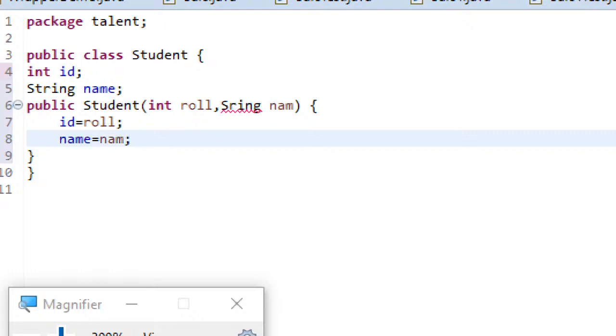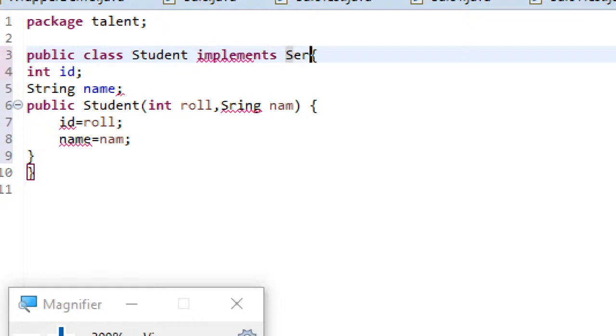And as I said, to implement serialization, what is the interface you need to implement? Serializable. So for that reason I'm implementing the Serializable interface in my class.